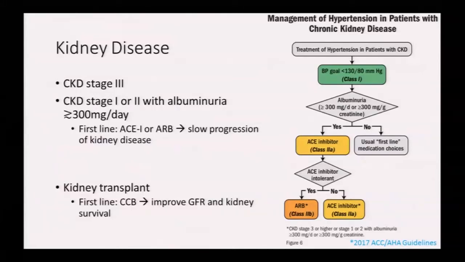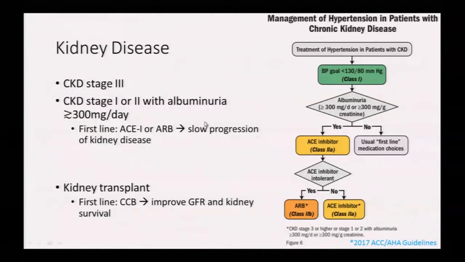Okay, we talk about now the kidney disease group. And for those patients, when we look at them, we have to know what stage chronic kidney disease they're in, if they're already in stage 3, or if they're in stage 1 or 2 and they have albuminuria. Then our first-line agent for them should be an ACE inhibitor or ARB, and that's because it slows the progression